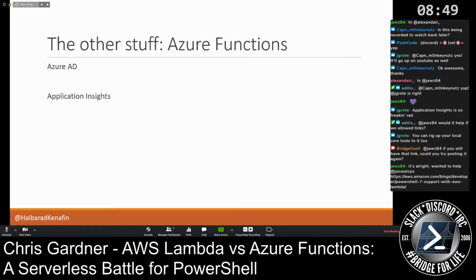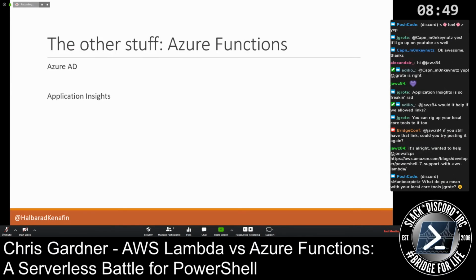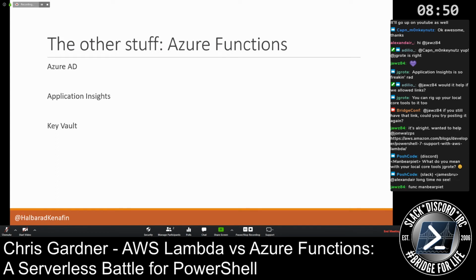And there are some libraries written in C#, or .NET I guess, that you can then leverage to write custom metrics and stuff to App Insights, which is pretty handy if you've got some custom logging you want to do. The other useful thing is Key Vault, because we've all got secrets that we need our pipelines, our functions and stuff to use, because maybe it's talking to a third-party system, or the identity it runs as doesn't have the permissions it needs to talk to specific parts of Azure AD or other subscriptions or something like that.